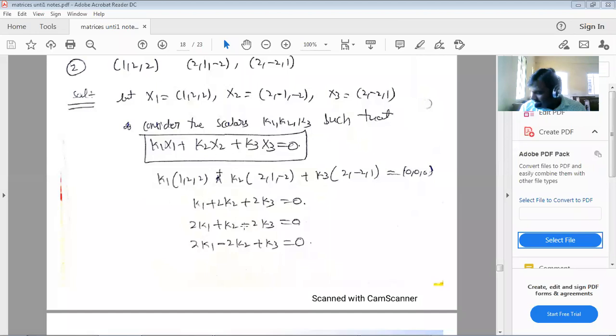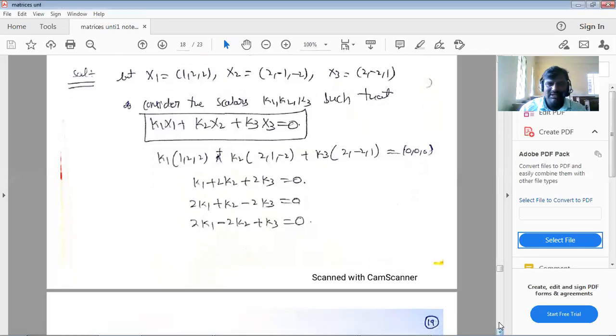Therefore, you're solving nothing but the system. Okay? You're solving the system. In my above problems on solving the system, you were getting x1, x2, x3, but here k1, k2, k3 are variables. You treat k1, k2, k3 as variables. But the notations are similar, sir. In the above problems, you were using k1, k2 as constants. But what role are they playing here? As variables. That you have to decide.